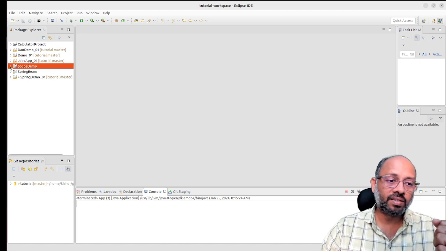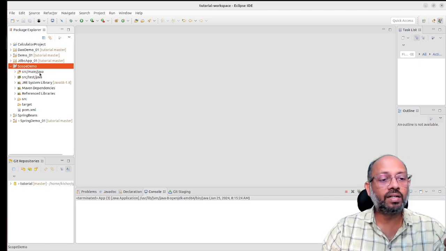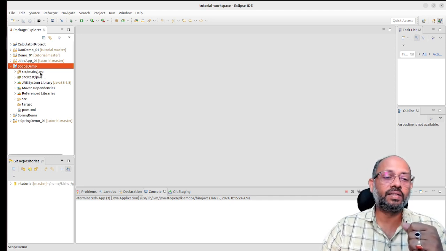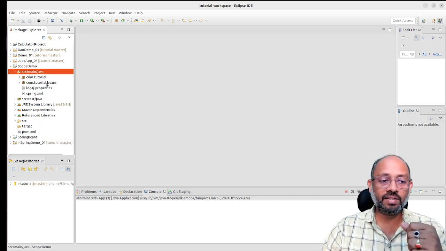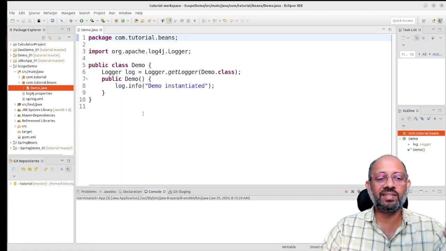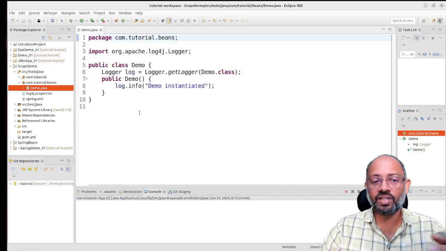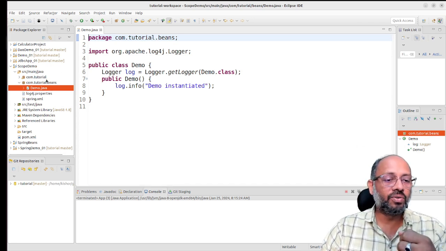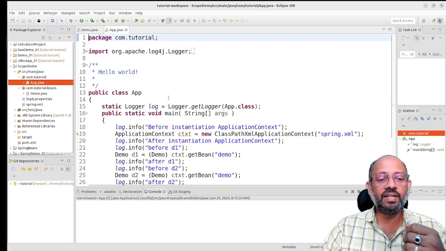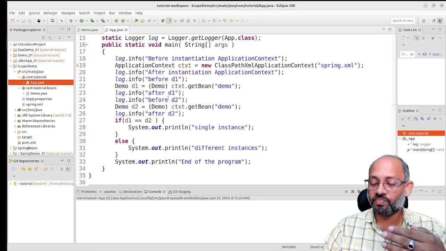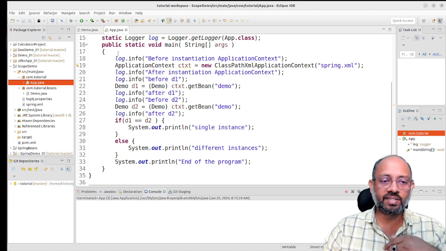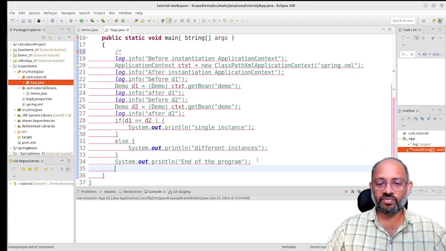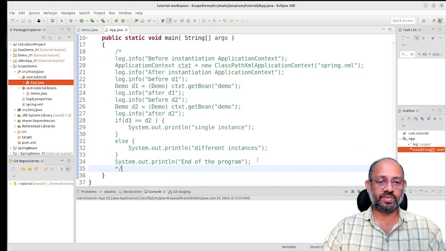Please observe. This project we developed earlier to understand the scope of the Spring Beans. Here, let us open the Spring Bean class, that is demo. It is just a simple component where we have a simple log. Okay. Fine. Now we'll go to the application. This application we wrote to understand the scope of the Spring Beans. Let us comment out everything from here. Instead of deleting, I am commenting out everything. Okay. Now